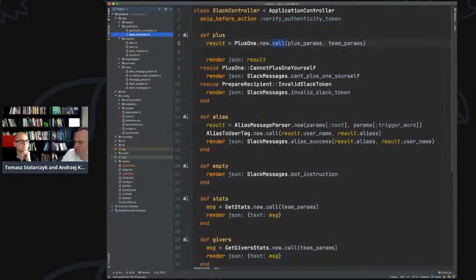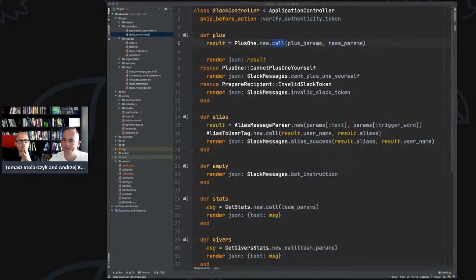At the application level we can split it, which gets me to the question: what is the core domain name? Basically it's maybe gratitude. But back to the question about the controller and coupling to Slack itself.